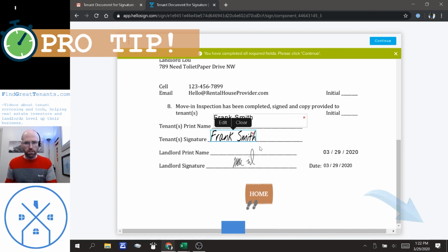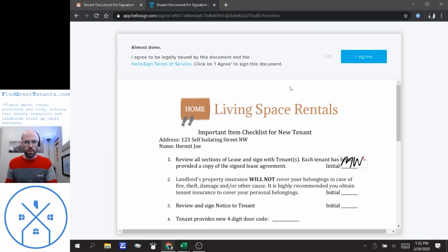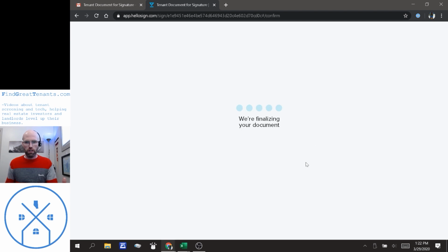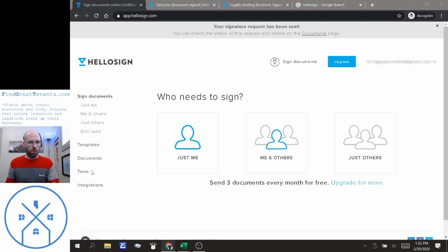And that's basically it. So now I've clicked on all the fields. We're going to click continue. It's going to tell you the terms of use and the legal requirements around digital signing. You click, yeah, I agree. Perfect, it's signed. Now they try to get you to sign up for a free account, which is fine. We don't need to do that right now. So pull that away. Now we go back to